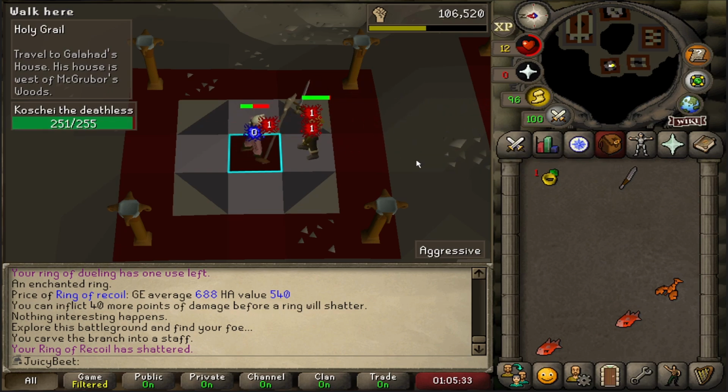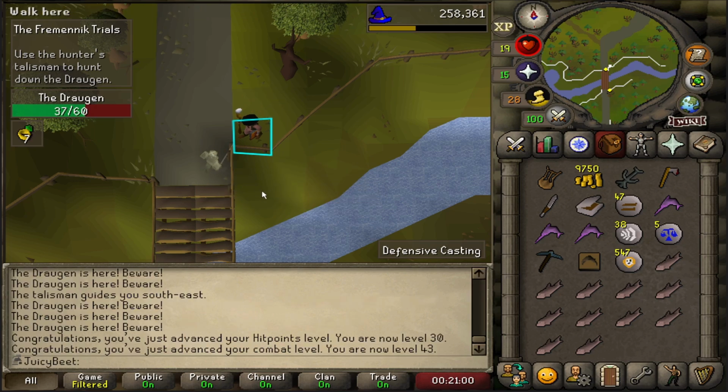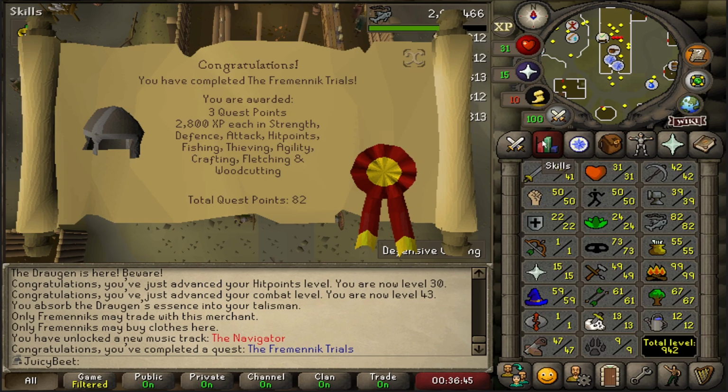Anyway, let's keep on going with the quest now. Got a sneaky little hit points level while killing this dragon for the quest, that's 30 HP. And that is Fremenic Trials complete. So completing the quest unlocks a lot of things within the Fremenic province that we can do now, so let's